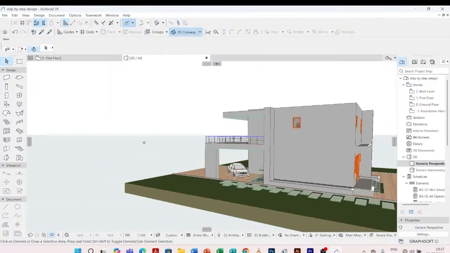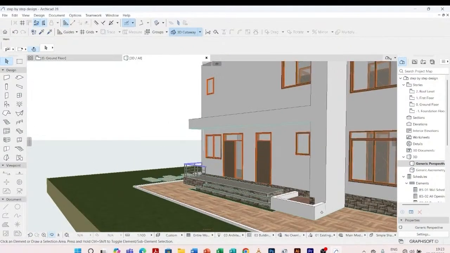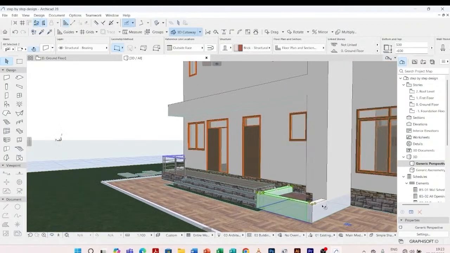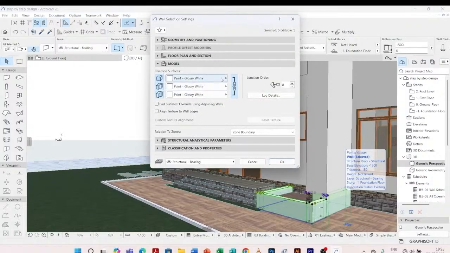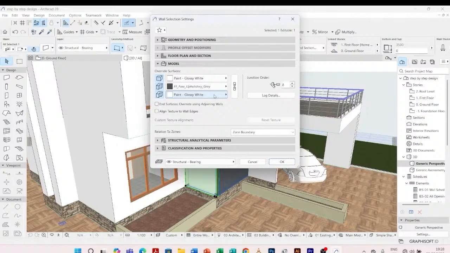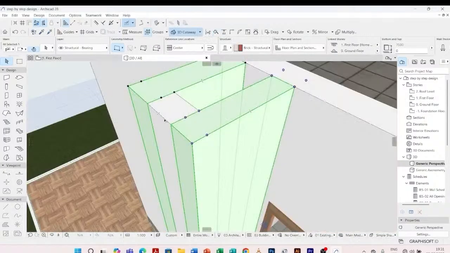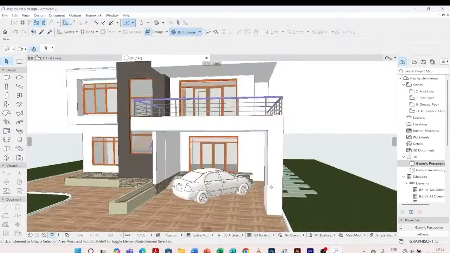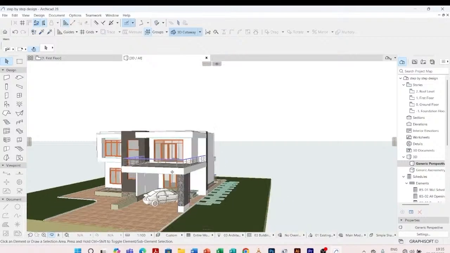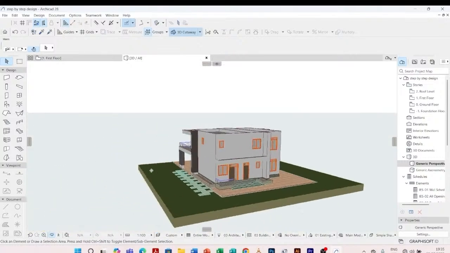Then also I come here, still the same thing. Select this, even this. Control T, stone. I'm going to make all of them. Then for this,